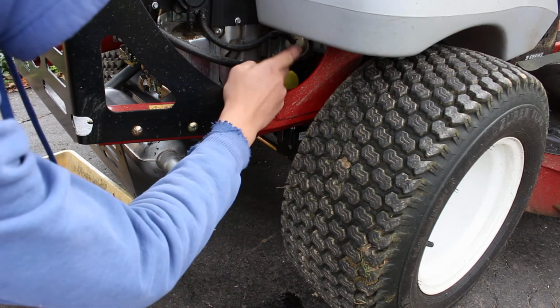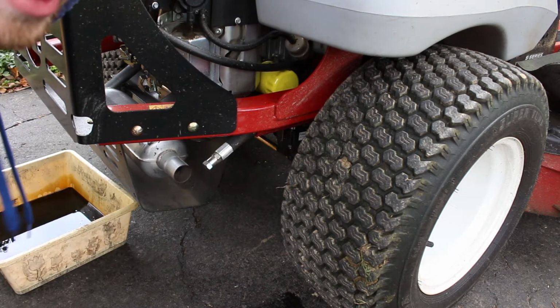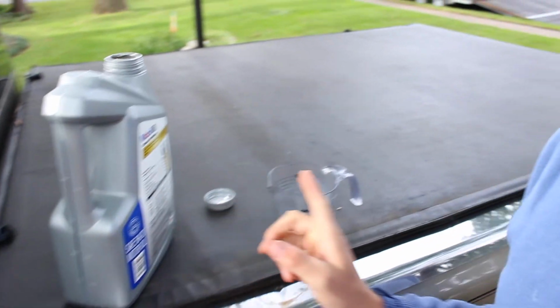So now we got the oil filter back on, and we got this tightened down, so now we can just add the oil. That's the last step, and I'll show you guys how I do that. So we're all set up here to dump the oil in, and I got my oil and my measuring cup. Now you're going to want to check your owner's manual. There should be two different numbers. Well, number one, sorry, let me back up. Number one